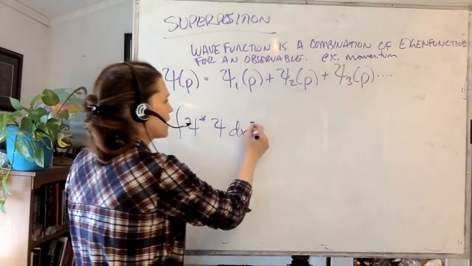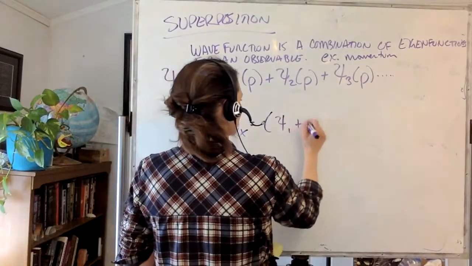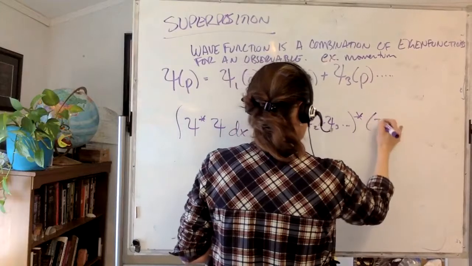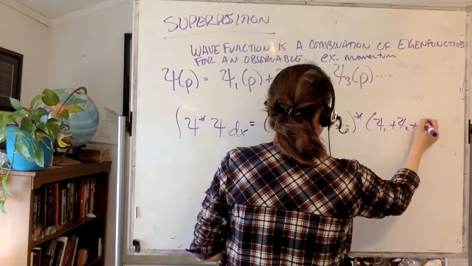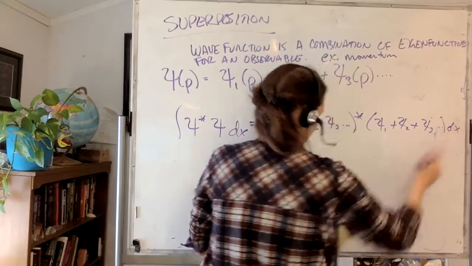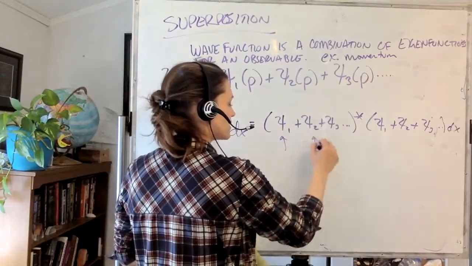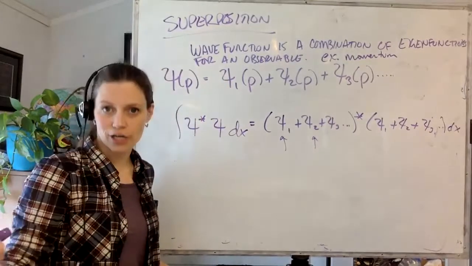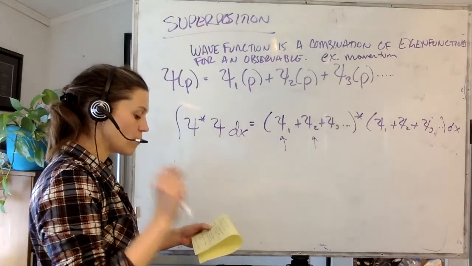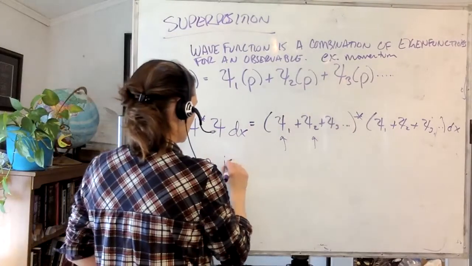And that means that I would have each of these as psi 1 plus psi 2 plus psi 3 and so on, star with psi 1 plus psi 2 plus psi 3 and so on, dx. Now psi 1 and psi 2 are different eigenfunctions of the momentum. So when the momentum is measured, when P is measured,